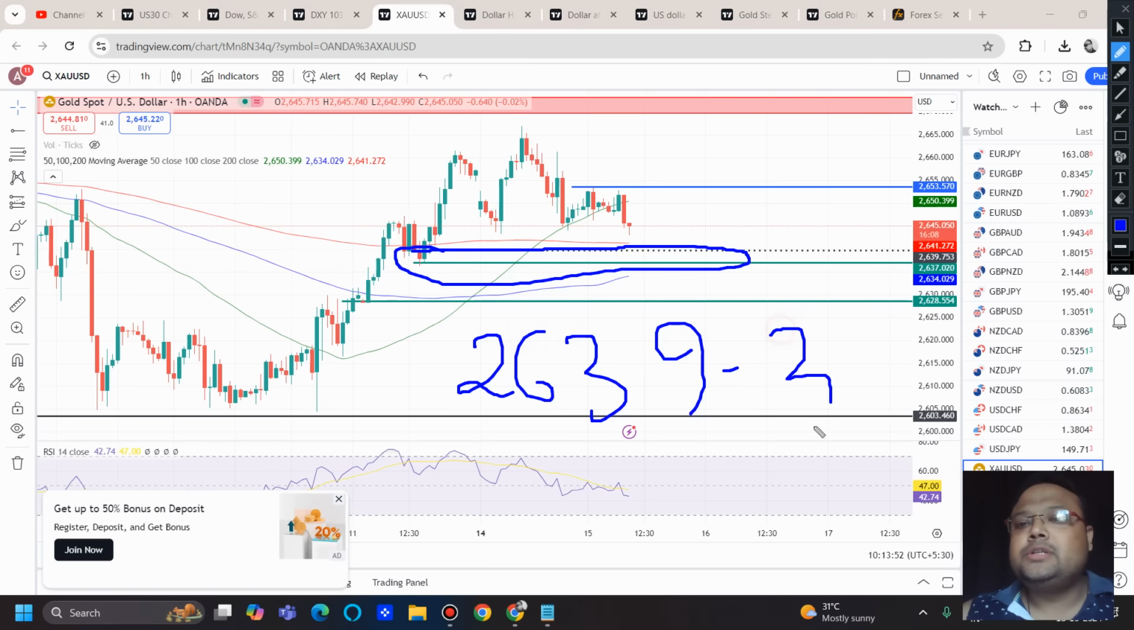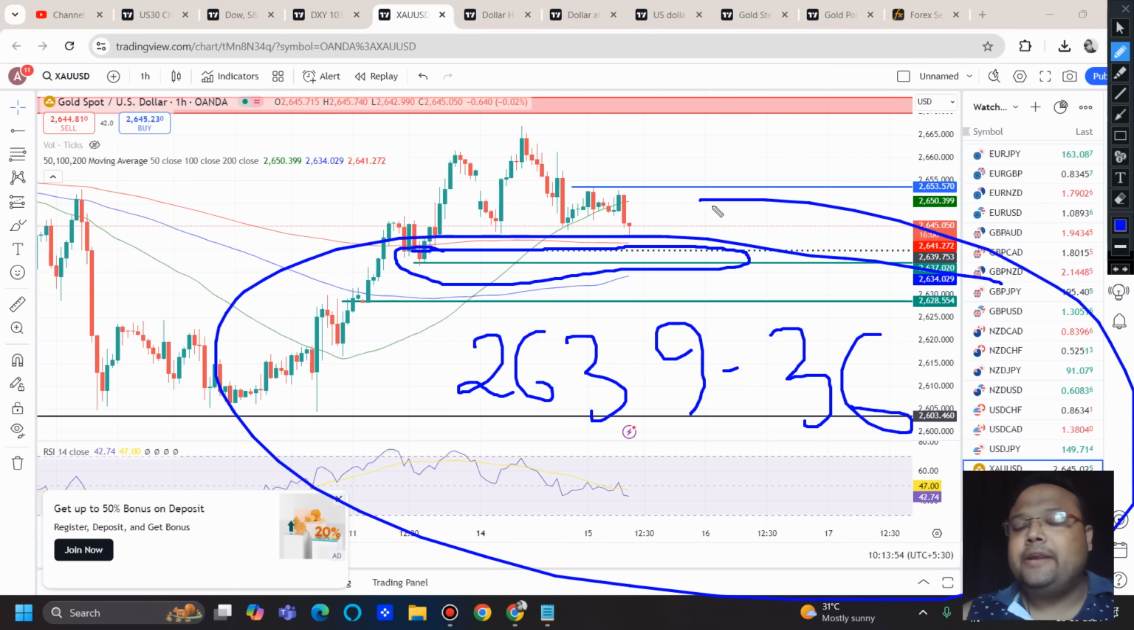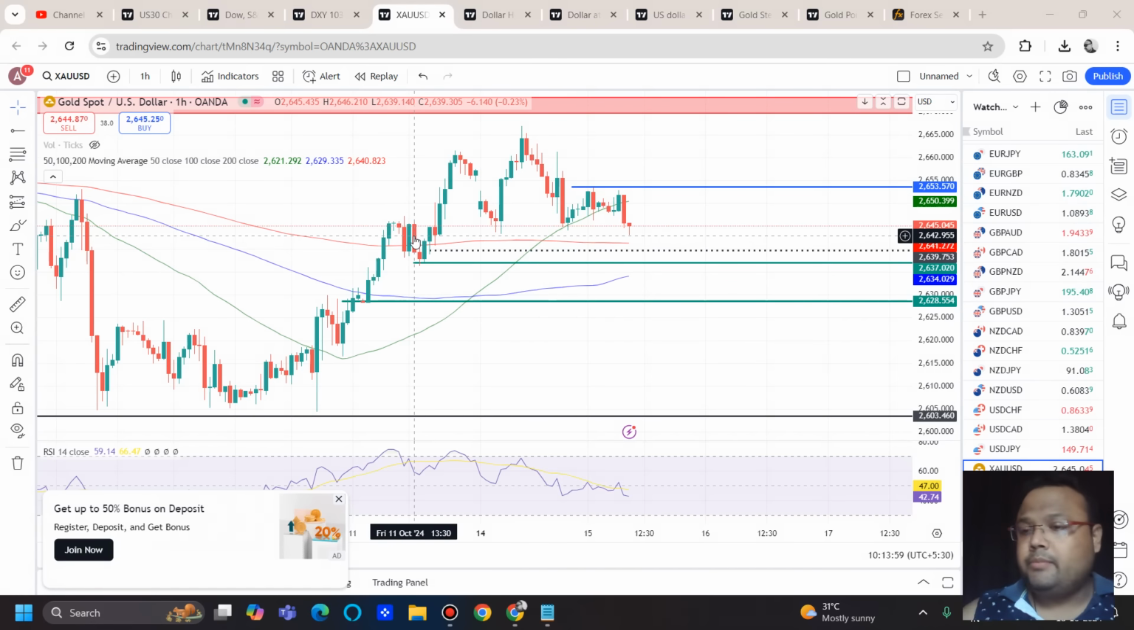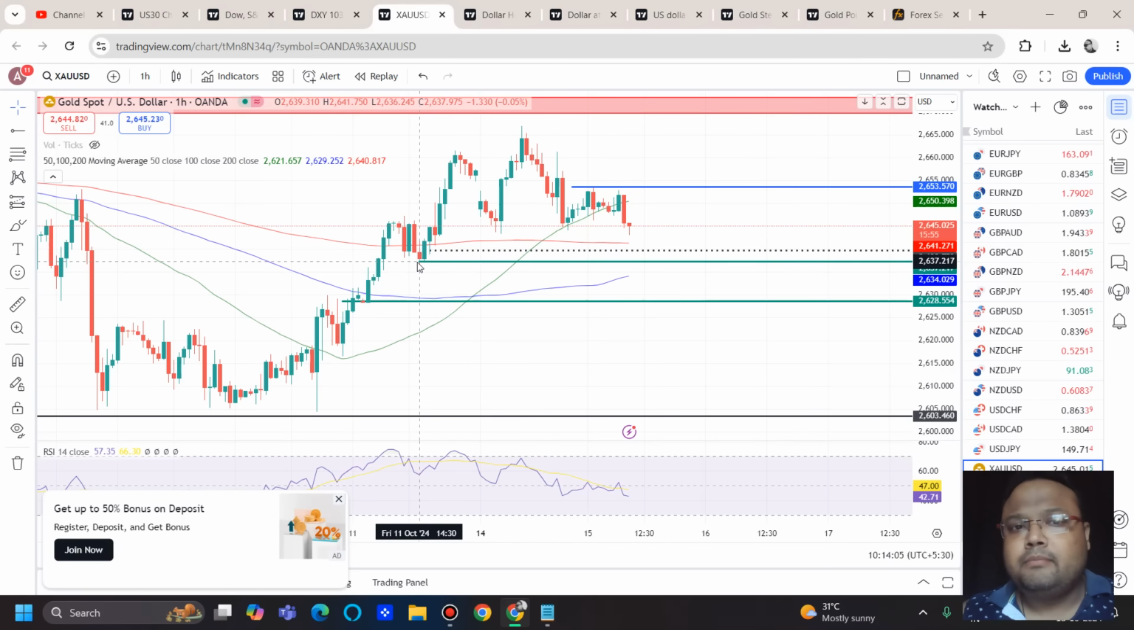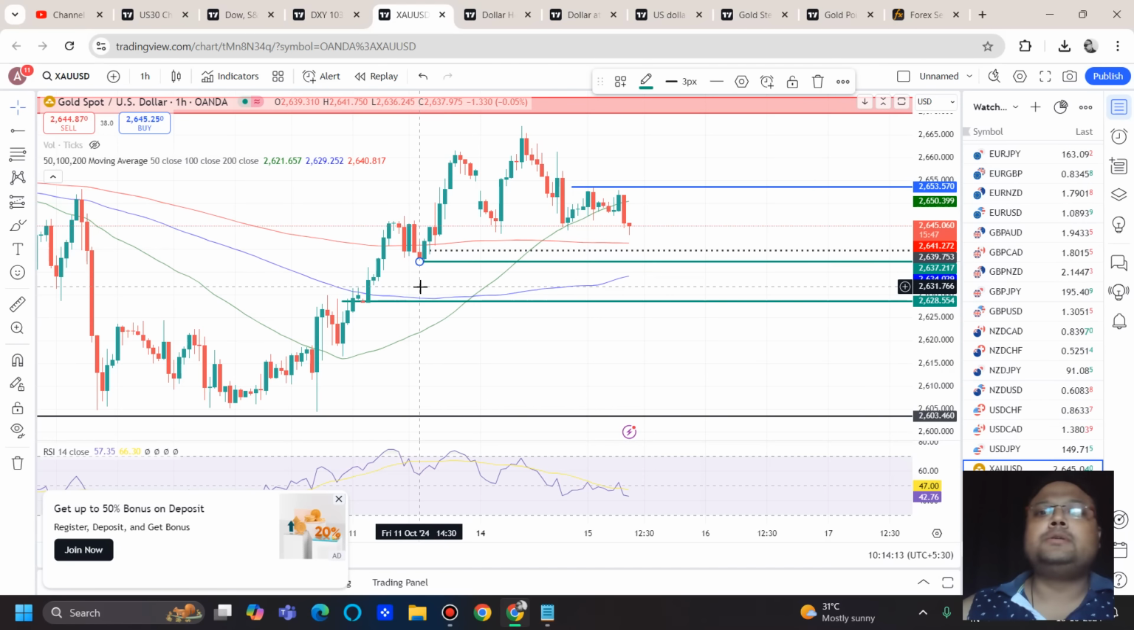2639 to 2636. Around this area also we can expect the first support. Why? Because FIBO was there, FIBO 50% retracement level. Moreover, you can see the previous support was there, means market has bounced from this area. So 2639-36 and 2628, these are the two levels where we can look for a good bounce on the chart